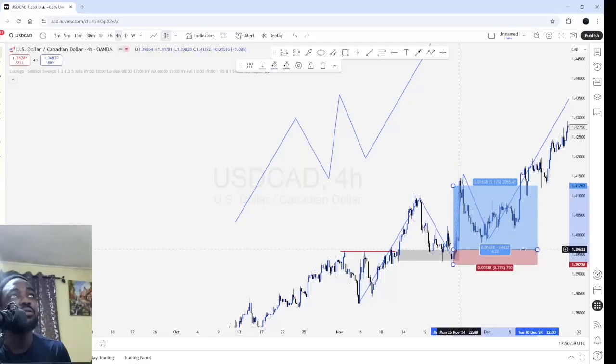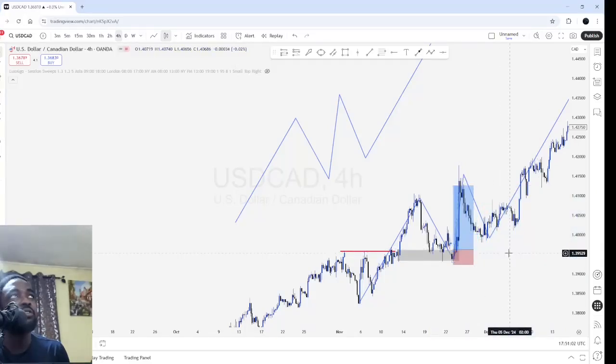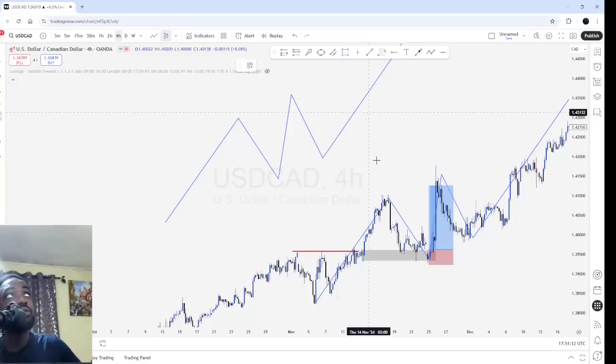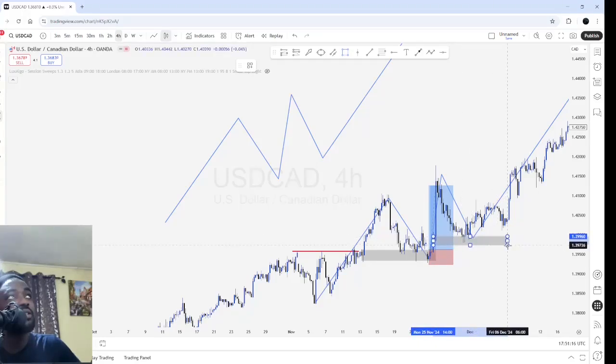Bear in mind, we are not interested in the correction move. I don't want to catch the correction, because if you are not really an expert or not actually good at it, you spend a lot of money there. So as you can see, on the impulsive move, you take the last candle before the big move, then you mark out the block over here.